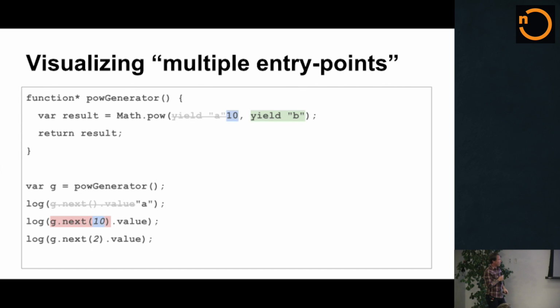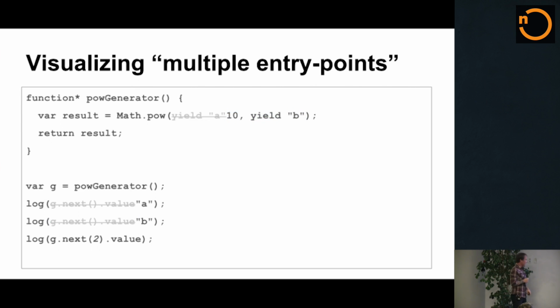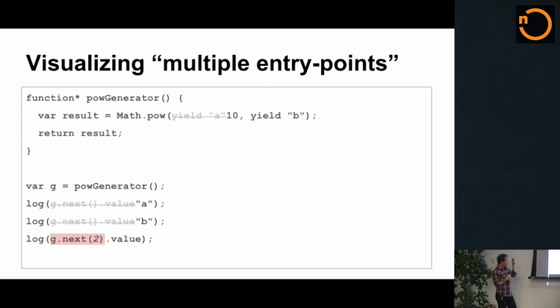Then we continue evaluating because now the generator function is back in an active state. We hit our next yield point, which makes B available back to the caller, and suspends once again. So by substitution, you now have A and B. The caller has control. The generator function is suspended. So you can sort of see where I'm going with this. We call next, passing 2, which substitutes 2 in at the point where we suspended the generator function before.